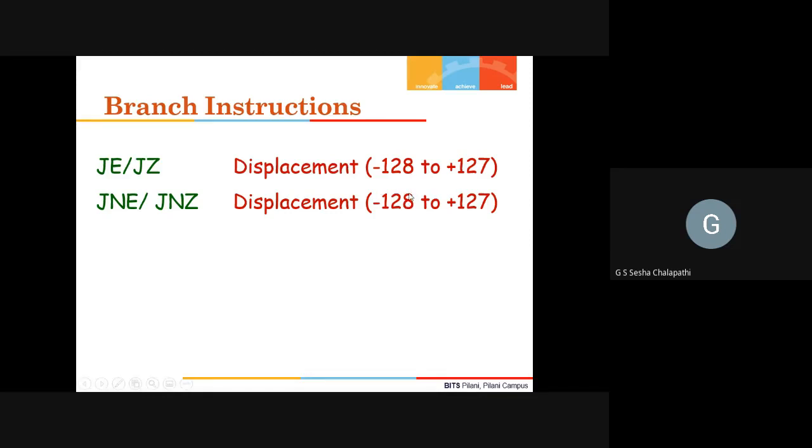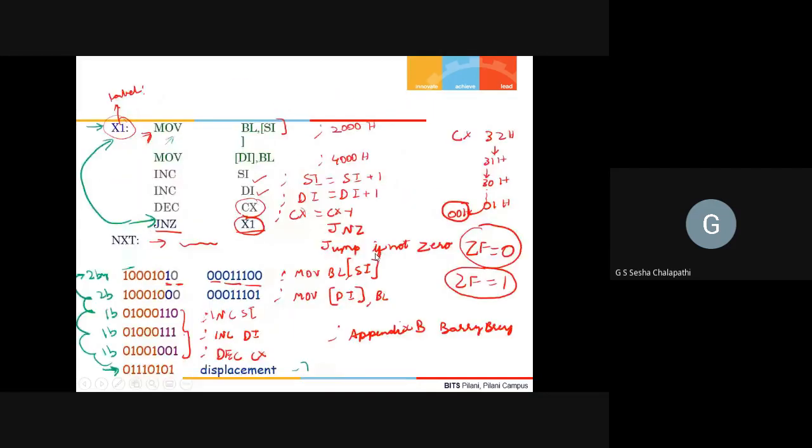I had a doubt in this. While writing the program, we don't have to specify the displacement, right? We can just use labels. Labels, that's the convenience that we have. We don't have to take the pain of calculating the displacement and all those things. If you have to do that, it will become very painful and error prone also, because you might make a mistake in doing that.